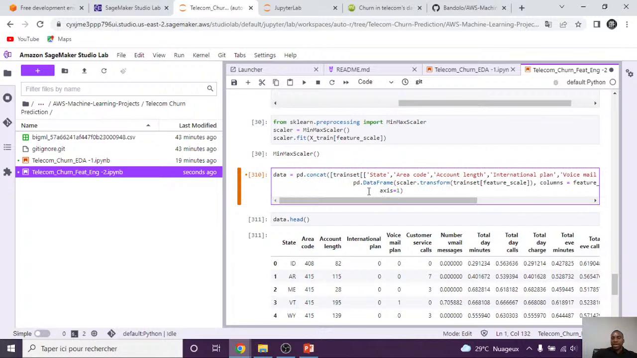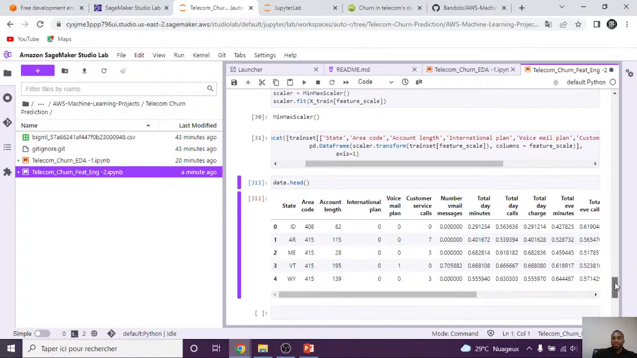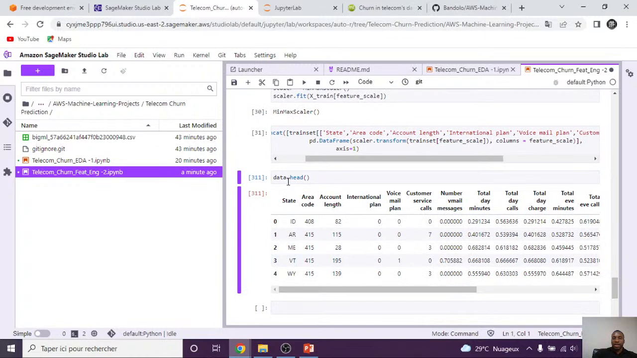And then now we add that to this, creating a new data frame with scalar.fit_transform, with the scalar transform of the whole train set subset with the feature scale, the ones that are non-categorical, and then the columns is equal to feature scale and the axis is 1. So we are doing it at the level of the column. So when we run that, we get that. And then now if I come here and I run the train set,